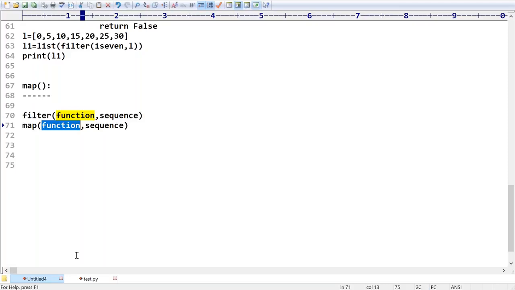Now have a look once, sir. For every element present in the given sequence, apply some functionality and generate a new element with the required modification. Are you getting? For this requirement, we should go for the map function. For every element present in the list, perform double and generate a new list of doubles. If you have such a requirement, better to go for what? The map function, right?